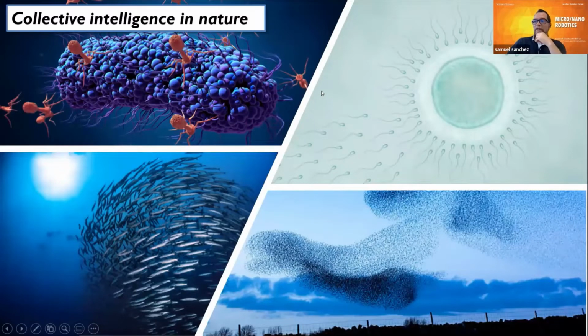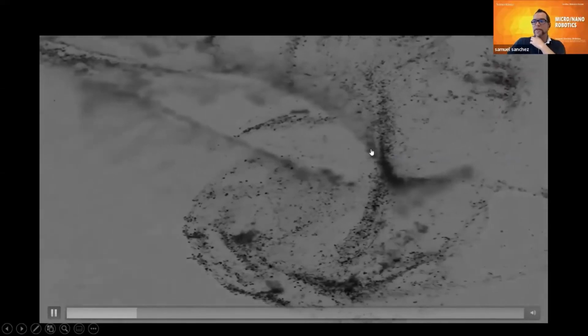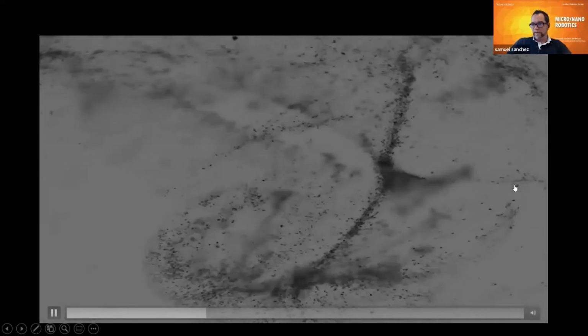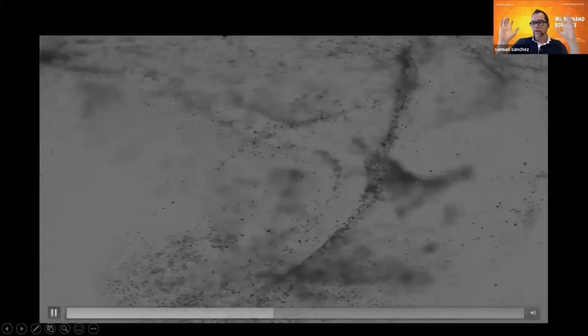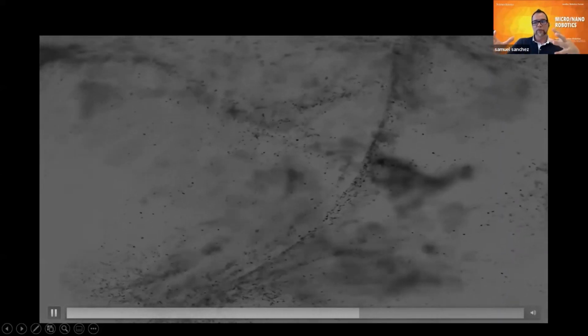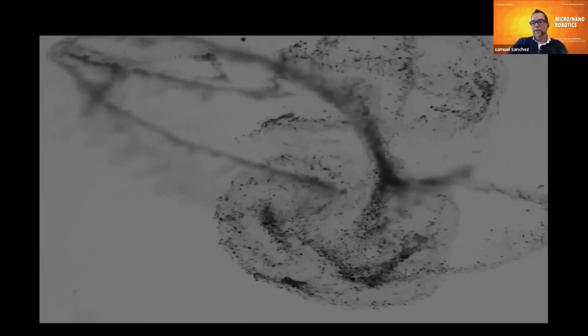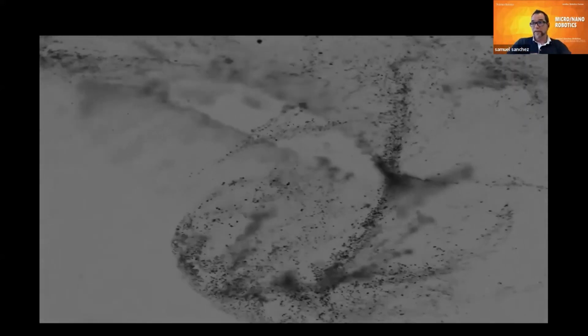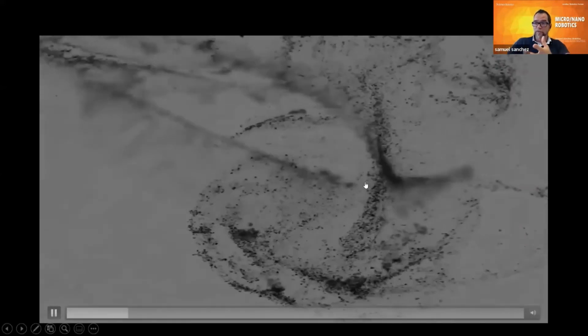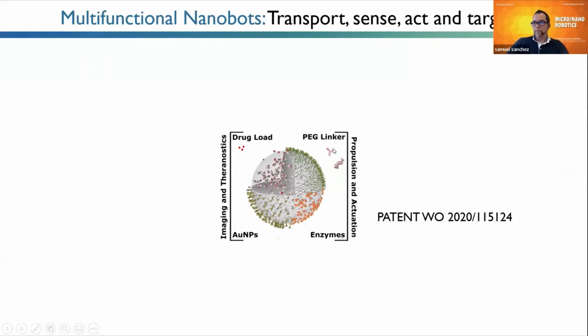So we have this collective intelligence in many systems. And again, this is what you can see here. What is the downside of these thousands of particles moving collectively? That we don't have full control, we don't understand this yet, and we are still learning how to guide them, right? But you will see now the benefits. The point is that they move in 3D, and we can put them in vivo.